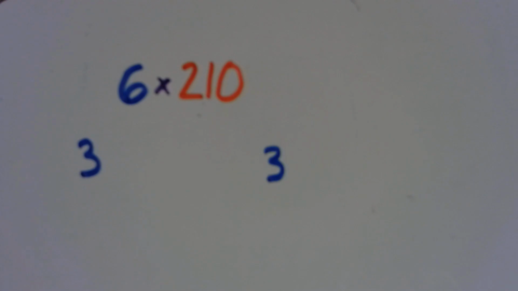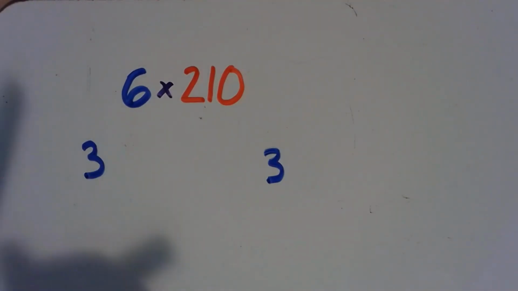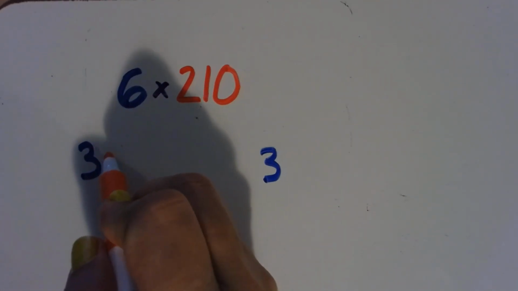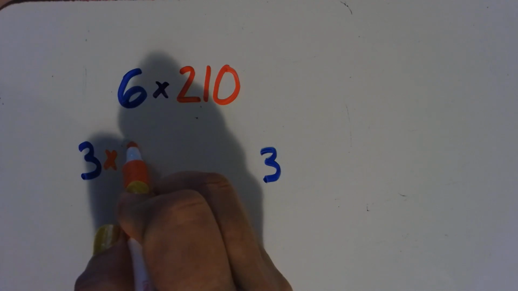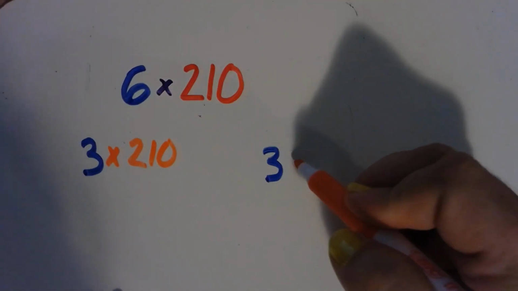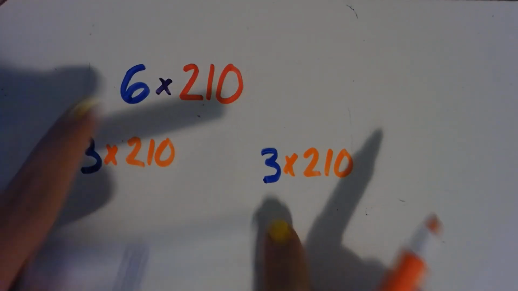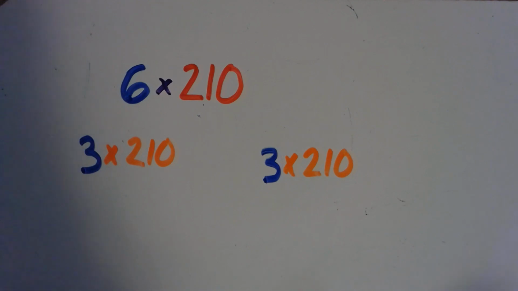So watch this. If I take the number 3 and I multiply it times 210, and then I take this 3 and I multiply it by 210, because 3 plus 3 is 6, when I add them together,